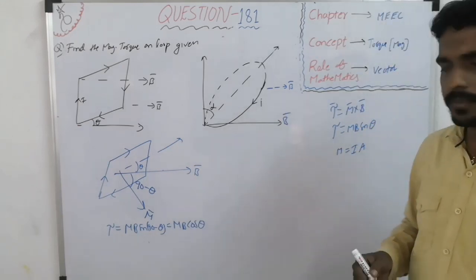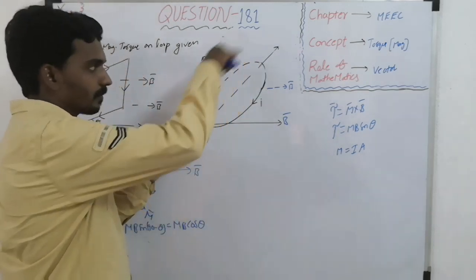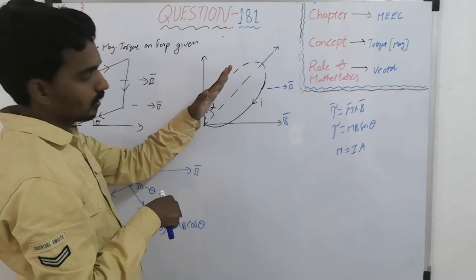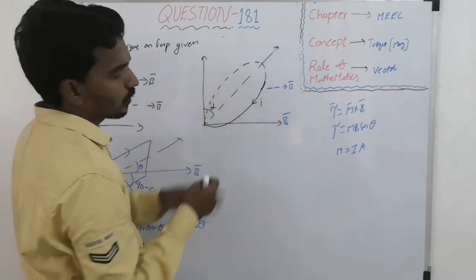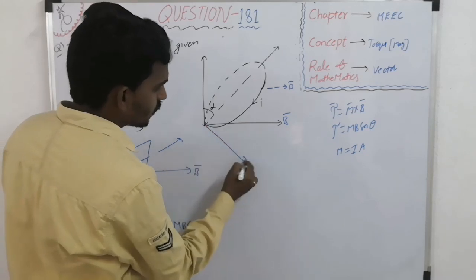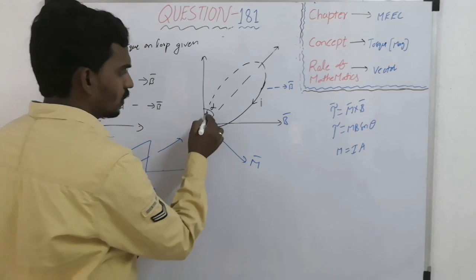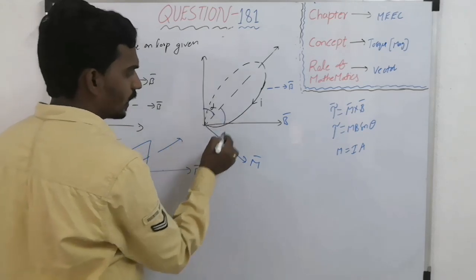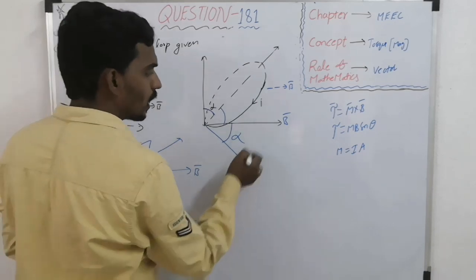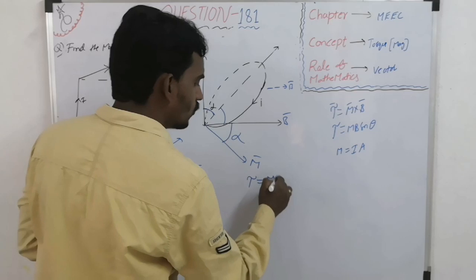Now similarly here, if you consider, again the loop is like this in this plane. Now again perpendicular to this one, like this. So this is the magnetic moment direction and this is the field direction. So this is alpha, means this is 90 minus alpha, then this will become alpha. Now the angle between m bar and b bar is how much? Alpha. Then what will the torque become now?